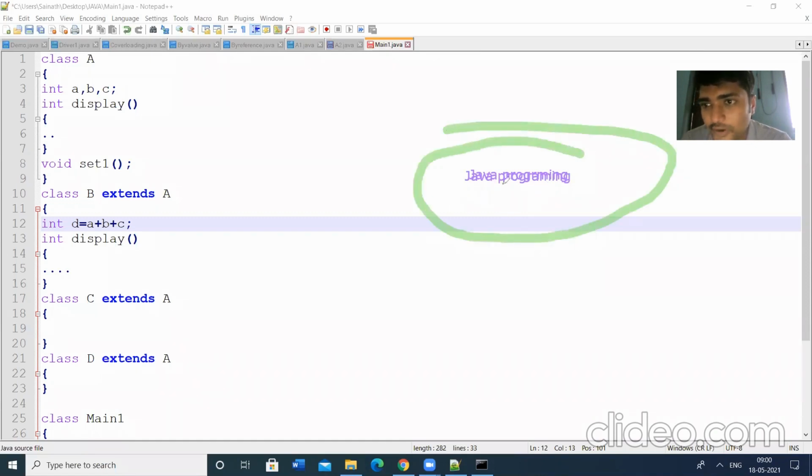This is method overriding. The method name is the same, the parameter list is the same, and the return type is also the same. All the things are the same. That is called method overriding.